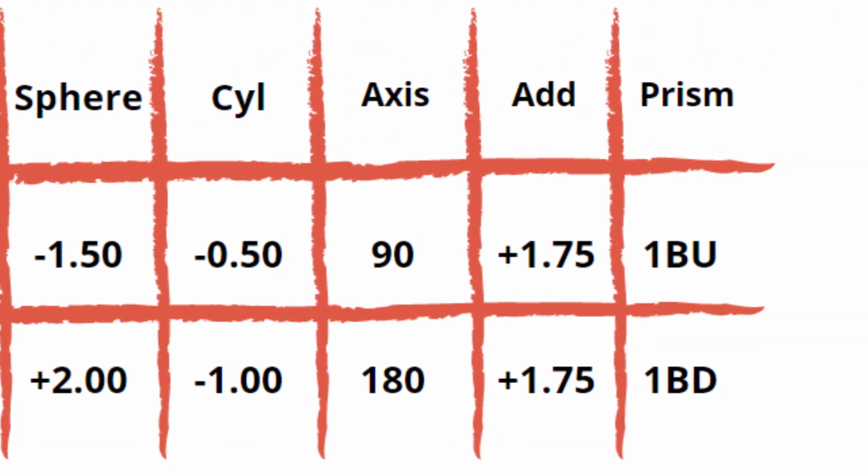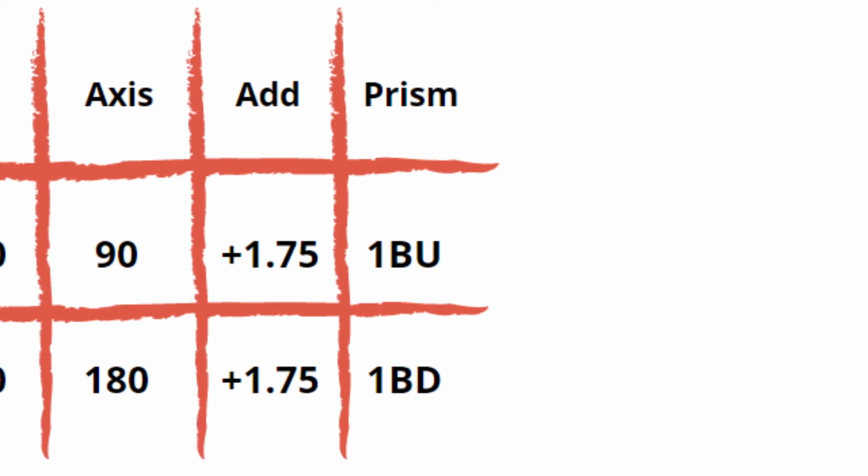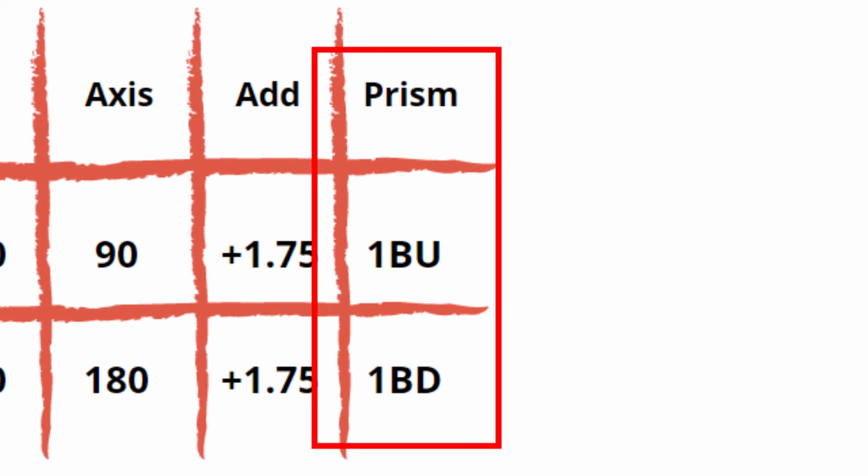There's also an area in the prescription that isn't included that often. This is for prism. Prism is short for prism diopters. It is used for people who have strabismus, which is a turned eye, or for people who have a neurological condition or head trauma and they'll experience diplopia, which is double vision. Double vision, as the name suggests, is when you see two images when there should actually be one.